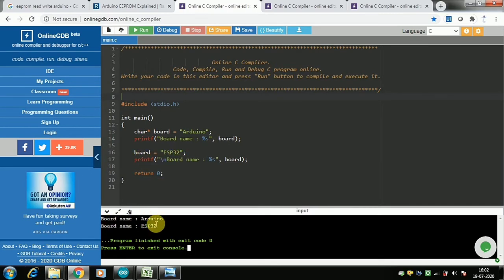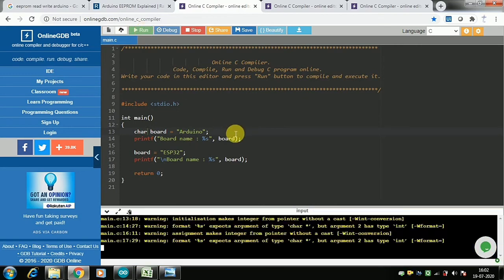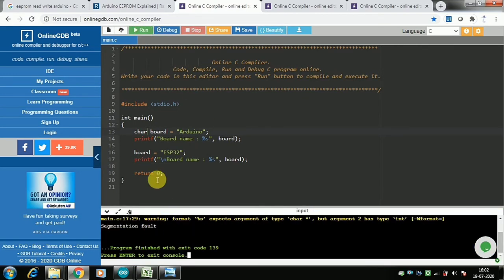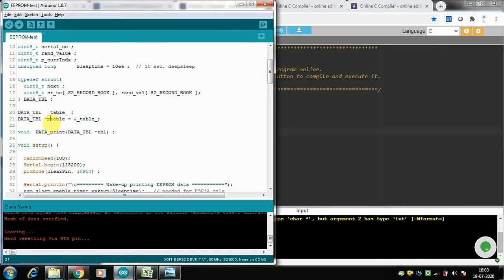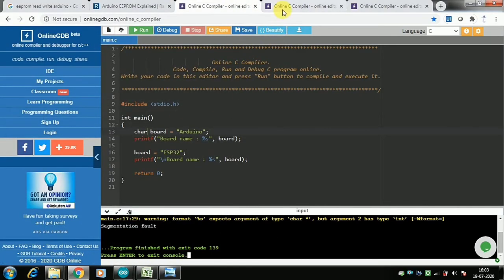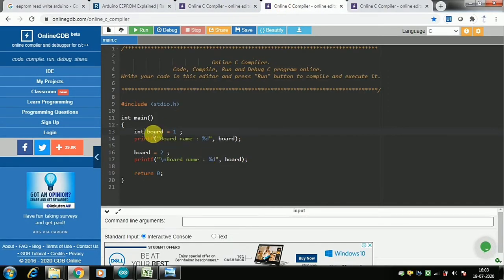It accepted the change, so the board name changed. But if it is not a pointer and it is just a character variable type, it won't allow me to do that. That is why in this code we are defining the table also as a pointer, so that we can change the table data at runtime. This is only with strings and character arrays. Integers have no such problem.